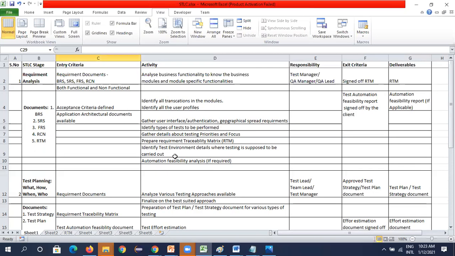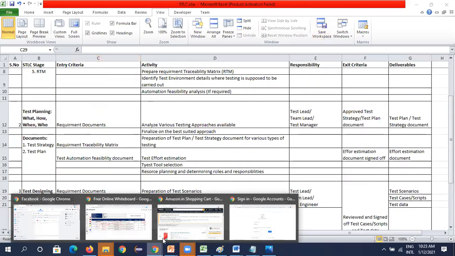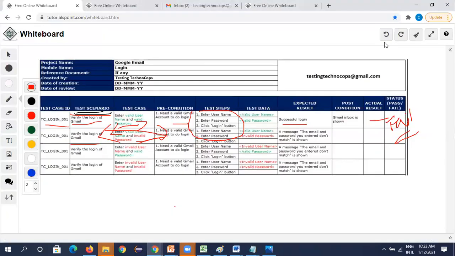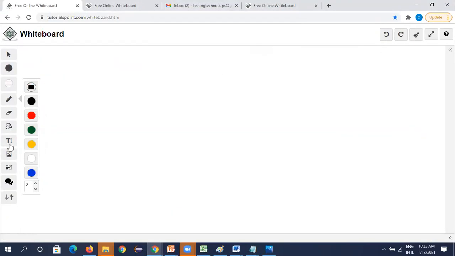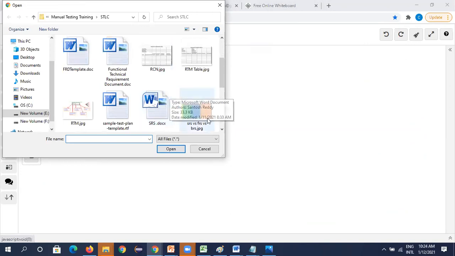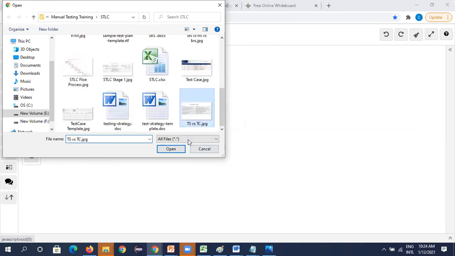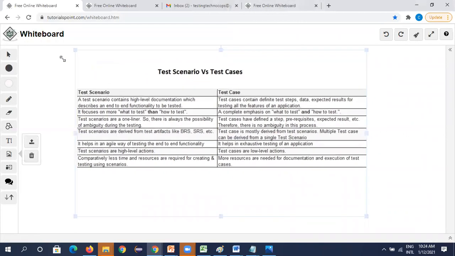So, clear here? Test case, yeah, clear. So then, what is the difference between a test scenario and a test case? Test scenario is only for a functionality, right?